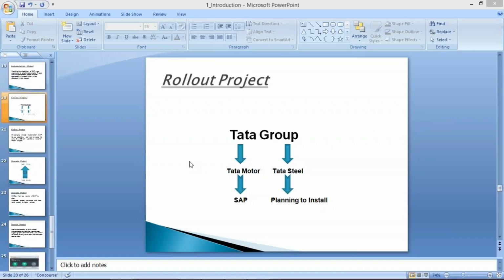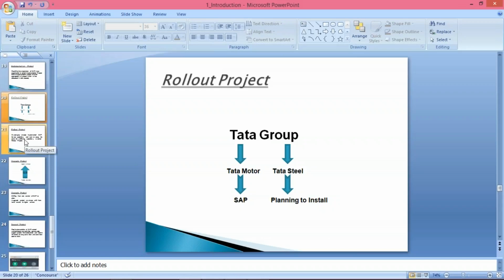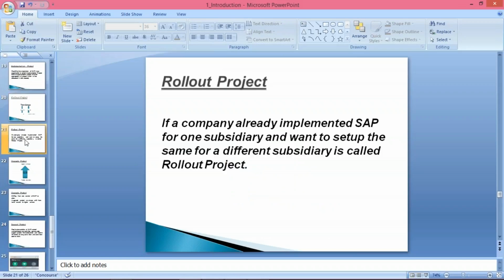Okay, now I'll give you the simplest definition here. What is called a rollout project?